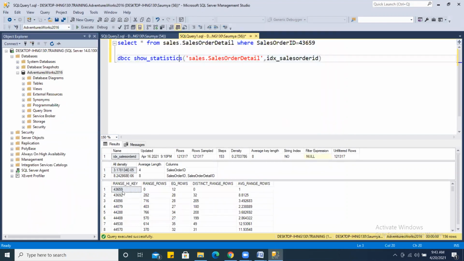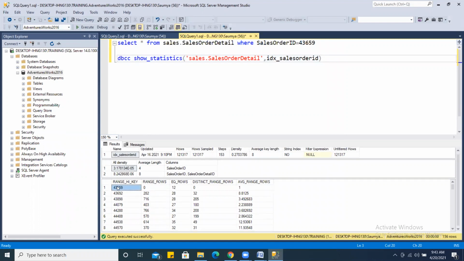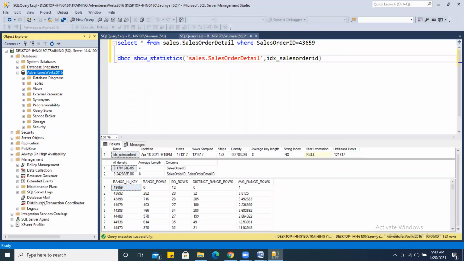Now let us try to understand something. The second option of updating your statistics, and that is a good practice, is that you should keep your statistics updated on a daily basis, right? Perhaps I should have a maintenance plan. No, I don't have a maintenance plan right now. So either you should create a maintenance plan, a job for updating your statistics, or you can create your own job to update the statistics on at least a weekly basis.